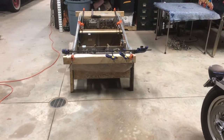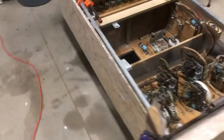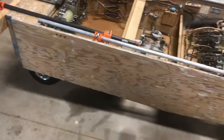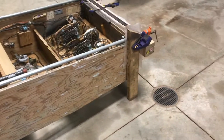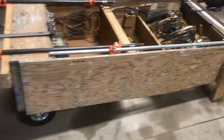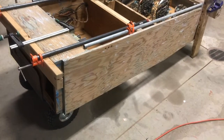Here's a quick ringer update. Game is sanded after all that paint stripping. I let it sit for probably a couple days. I didn't need to wait that long, but it was a nice sunny day, so I rolled it outside. I was working on some other projects and just kind of let it evaporate,